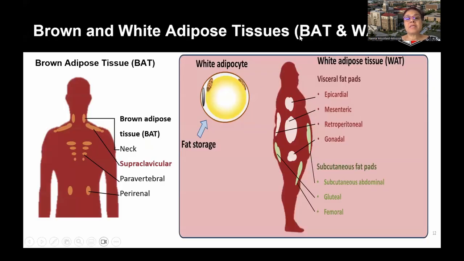And these are some examples of the location where you can find the white and brown fat. The brown fat is mostly around the neck, subclavicular area. And the white fat is throughout the body, but mostly in the abdominal area; epicardiac, retroperitoneal, and gonadal fat are the white adipose tissues, especially the visceral fat areas. For the subcutaneous fat, it's mostly in the gluteal and femoral area. And these are the fats that are able also to develop into beige fat.